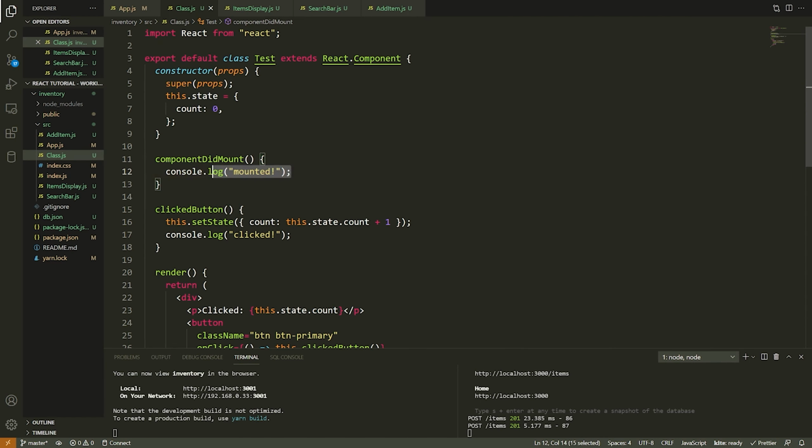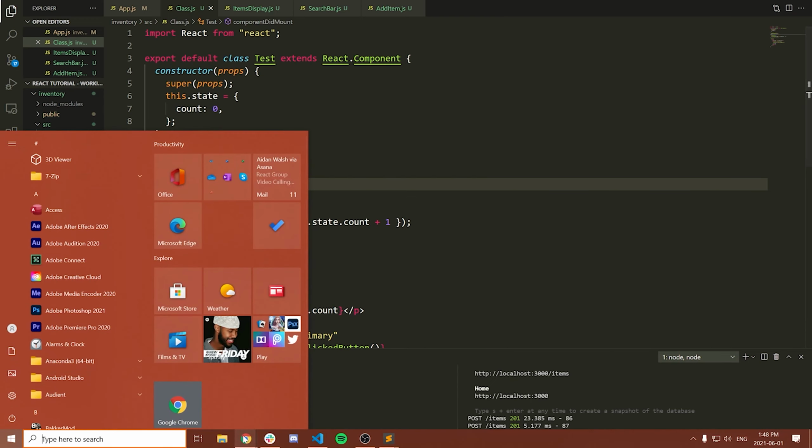But essentially, this allows you to have an operation that you can perform right away once your component is rendered to the screen. So this is really cool because this means, for example, you could look at a database, you could call some network operation, whatever. As soon as your component is first mounted onto the screen, you can have this method run. You can do whatever in it that you would like. Now, it's hard to come up with a good example right here, but there's many, many times when you need something like this. Anyways, let's see how it works.